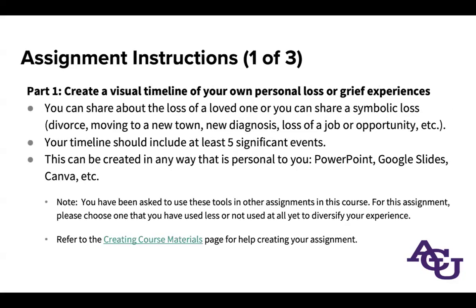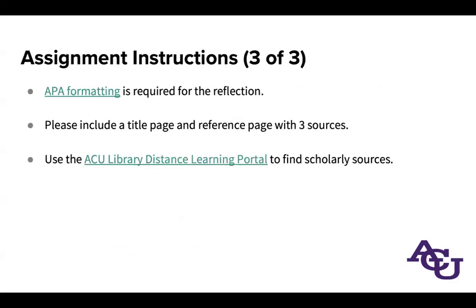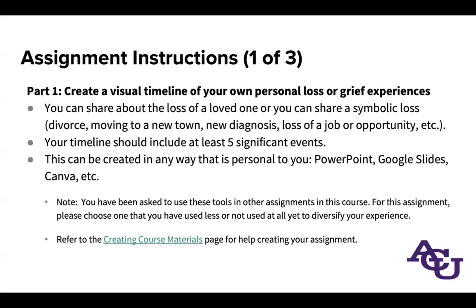Now, if we look at the assignment instructions, we can divide it into some general instructions. Those are these ones here, let's say APA formatting and title page, reference page, and make sure that you're using scholarly sources. And then the 2 deliverable chunks, or the main deliverable chunks. The first is to create a visual timeline of your own personal loss or grief experiences. And it says here, oh, you could share about the loss of a loved one or a symbolic loss like a divorce, moving to a new town, a new diagnosis, loss of a job or opportunity,